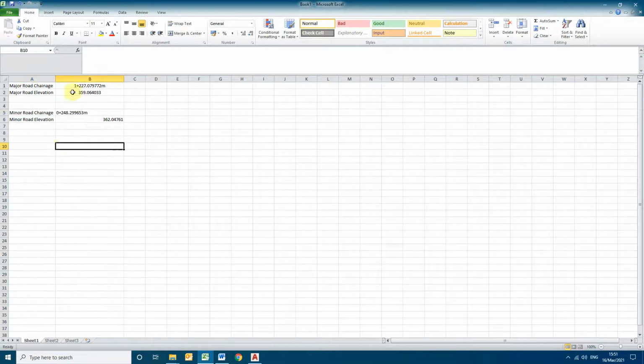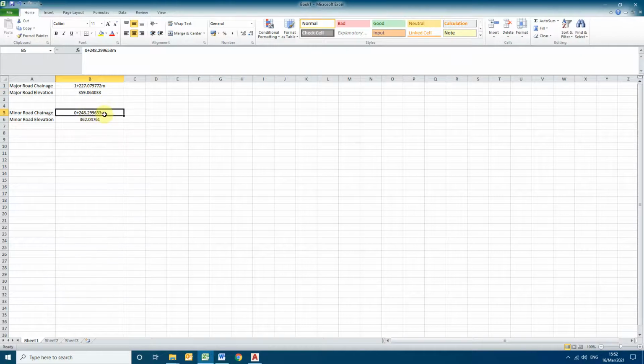So you can see this is the level of the major chainage of the major road. This is the chainage of the minor road. This is the level of the major road and this is the level of the minor road at this chainage, and this is the chainage for the minor road. This is the junction point where you have to get both the same levels. The minor road is guided by the major road, so we have to assign the same level at this particular chainage.